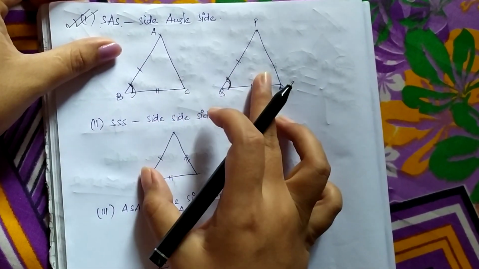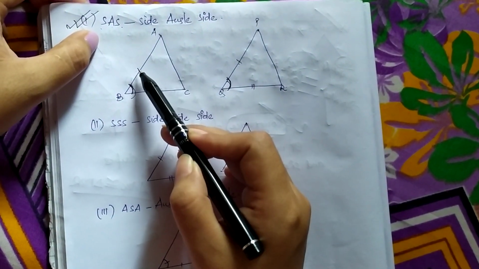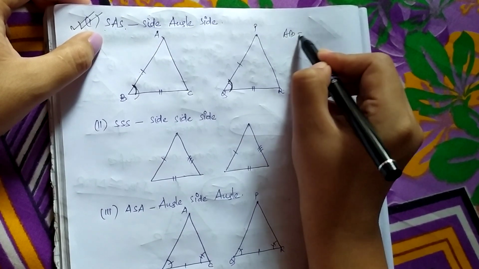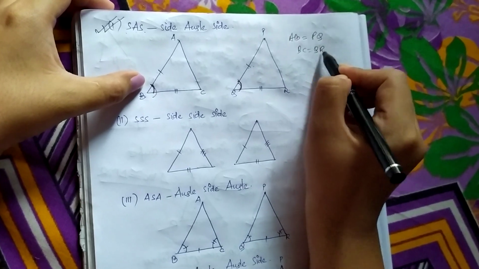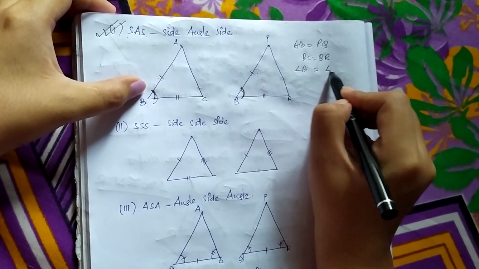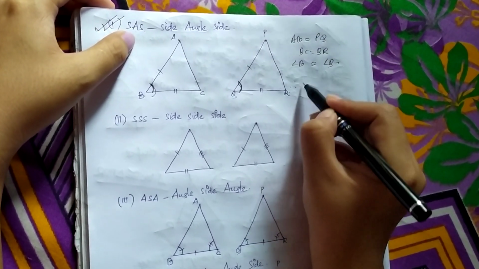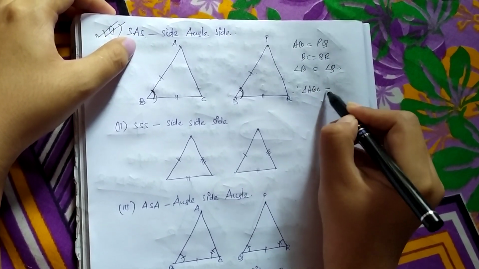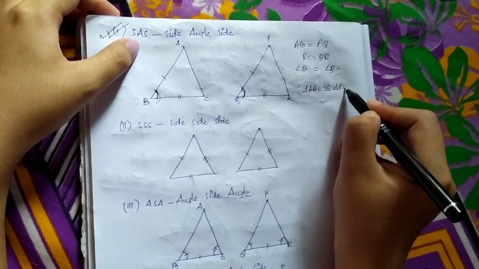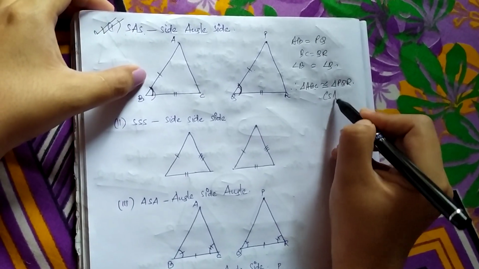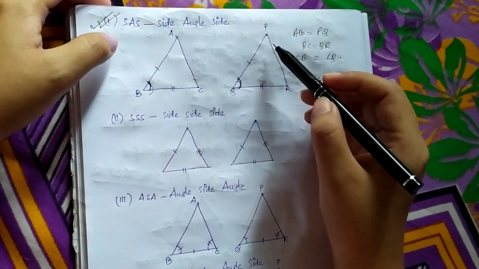Here, as these two triangles are satisfying the SAS rule, that is side AB is equal to side PQ given in the figure itself, and BC is equal to QR and angle B is equal to angle Q. So we have satisfied these 3 respective criteria of the first rule. So we can say that these two respective triangles, how to write this congruency? The sign is this, that is triangle ABC is congruent to triangle PQR. How have we proved it? By SAS rule. Okay, so you need to write it in the bracket. So this is the way that we need to prove by the SAS rule.